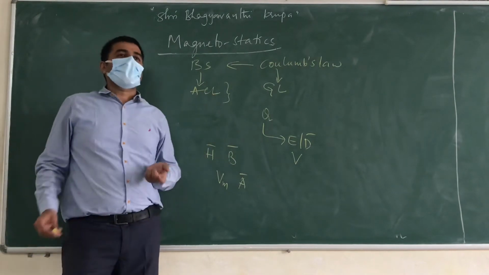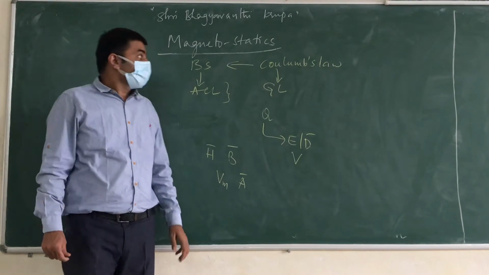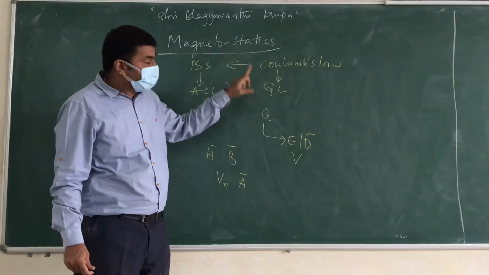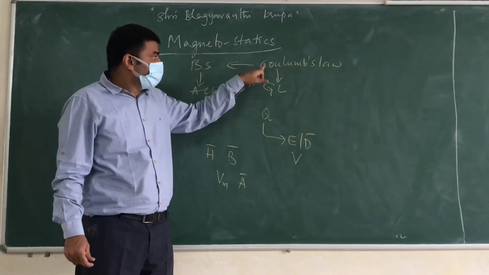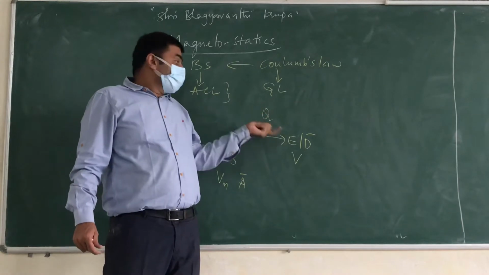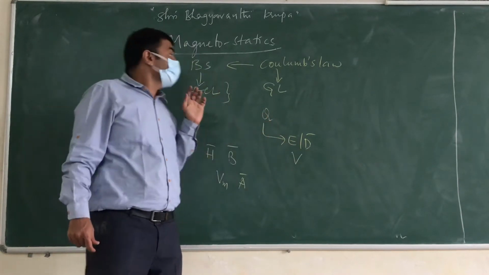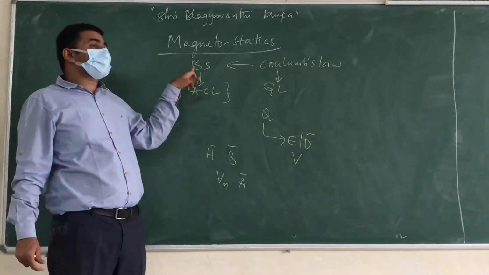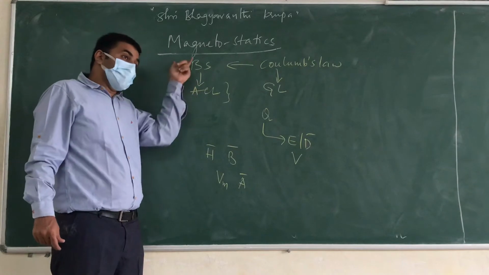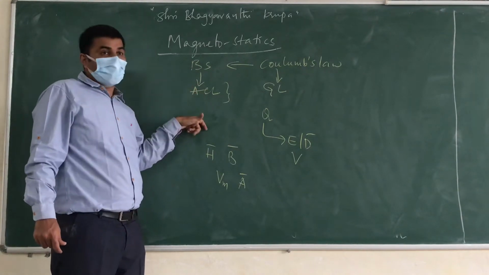We'll make an analogy between electrostatic and magnetostatic. In electrostatic, we studied Coulomb's law, then Gauss law, and applications of Coulomb's law and Gauss law. We studied electric field or electric flux density due to Q, even potential. In magnetostatic, we will study Biot-Savart's law and its application. Then the extension of Biot-Savart's law is Ampere circuital law and its application.